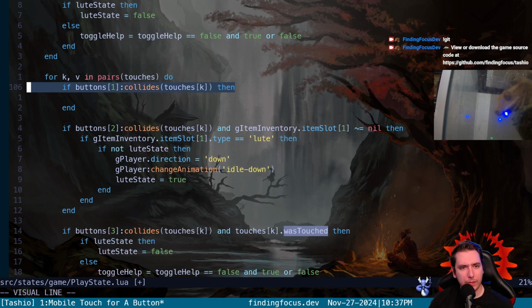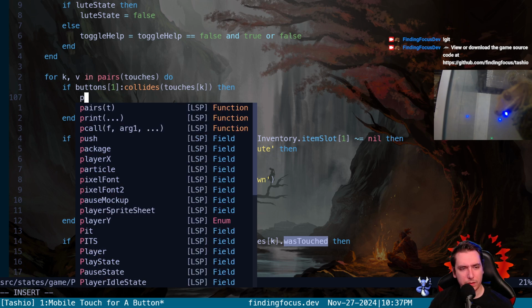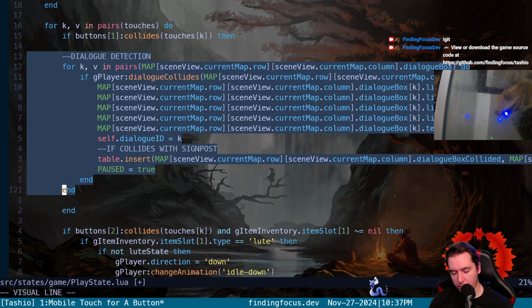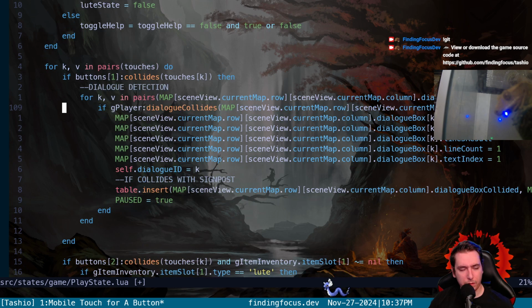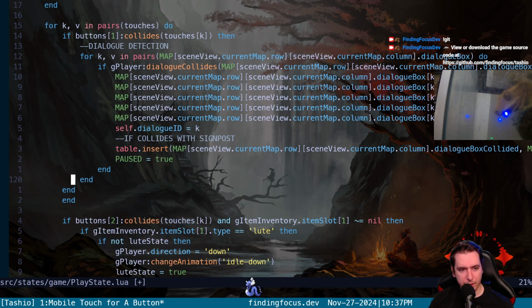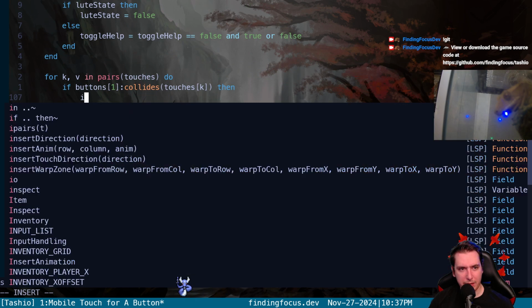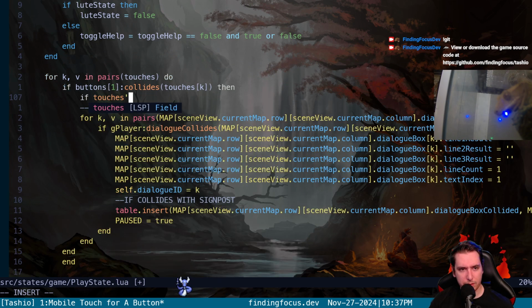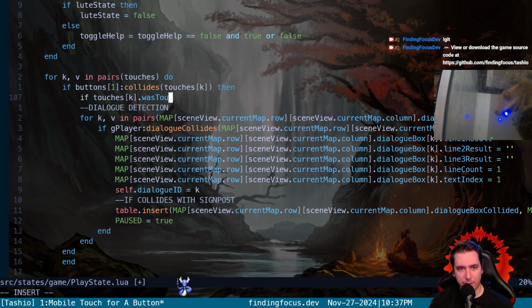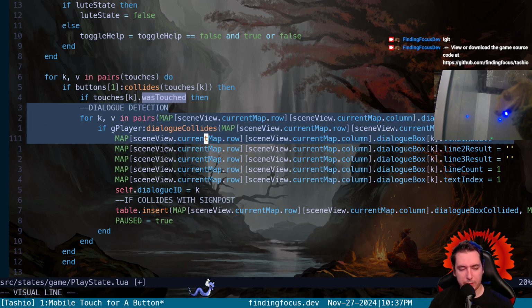So, if we collide with a touch, then we need to add an end here, and this will be if touches, if the very touch we're colliding with was touched on that very first frame, then we want to cycle through